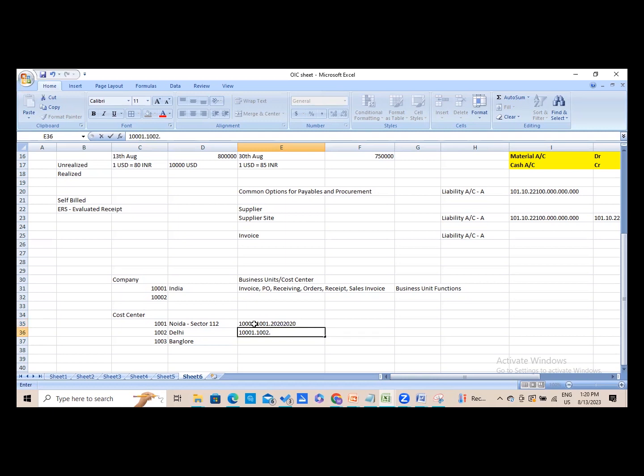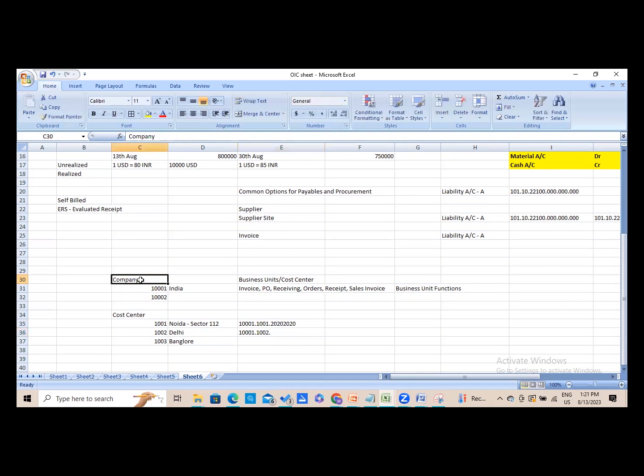This is one of the scenarios where your business unit could be a cost center. Your business unit is also possibly not represented by any chart of account. That thing is also possible. So there are multiple scenarios, but